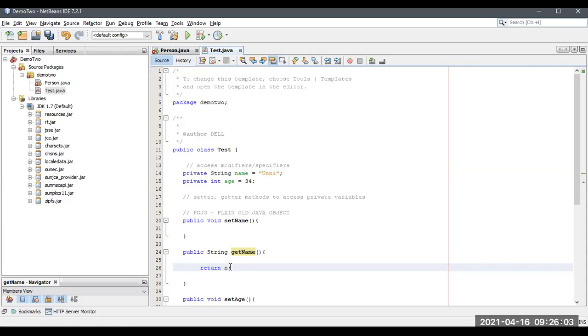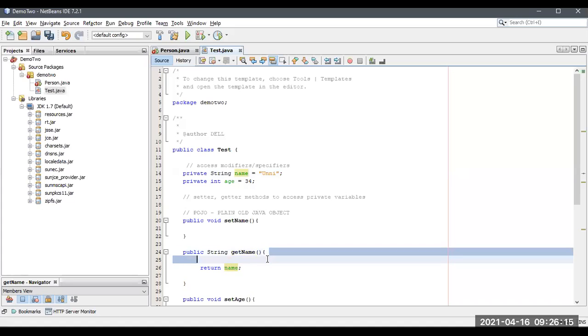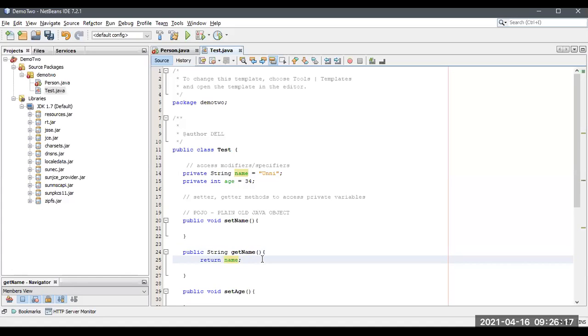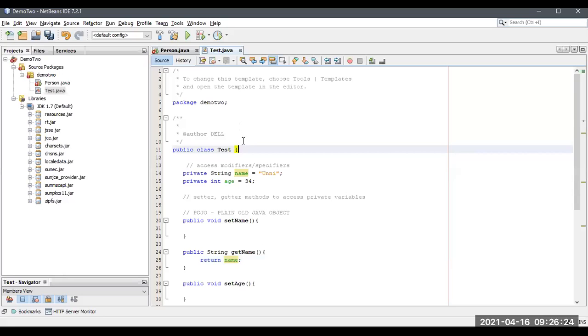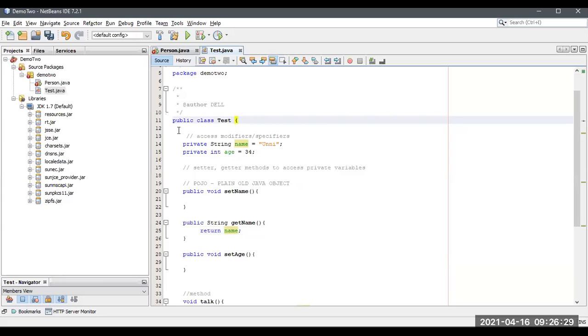I need to write a name over here because the variable name is name. Let me take this one. See how I'm writing the structure, and don't forget to mention it this way. The braces start from here and end over here. It should not start from here. Don't put the brace over here like in C language and all.